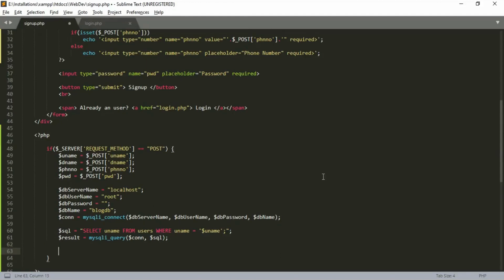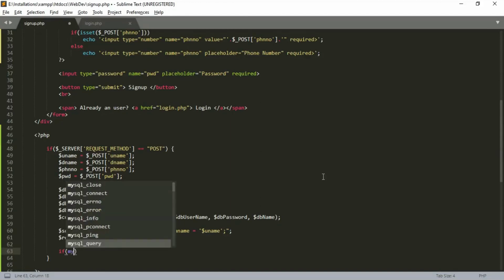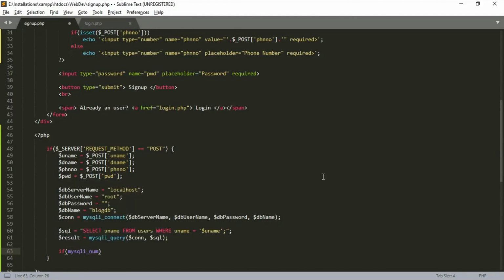We can check the number of rows returned using the mysqli_num_rows function. If mysqli_num_rows of result greater than 0.